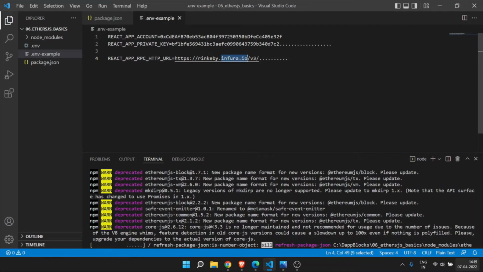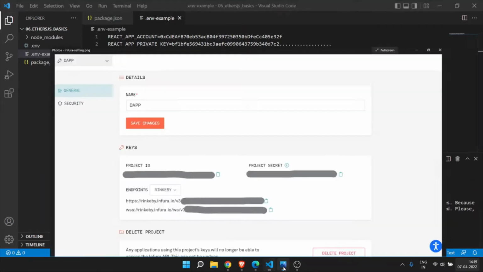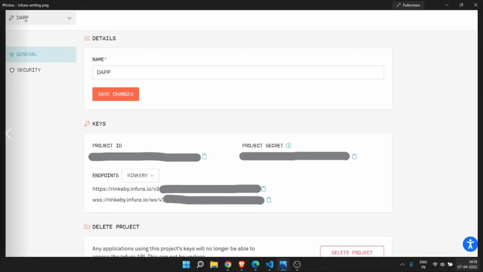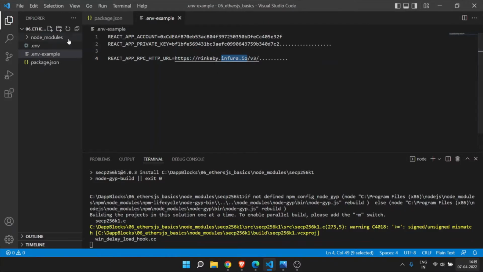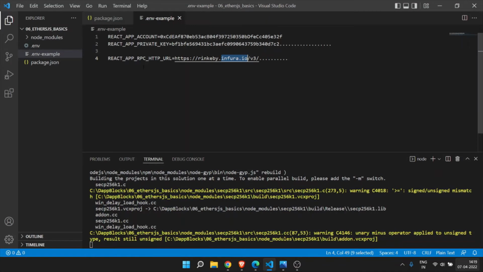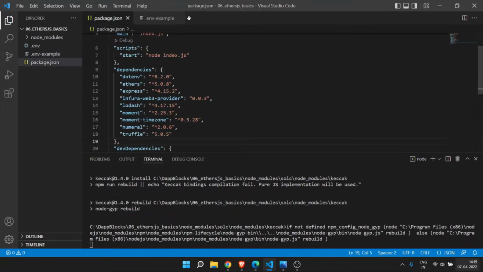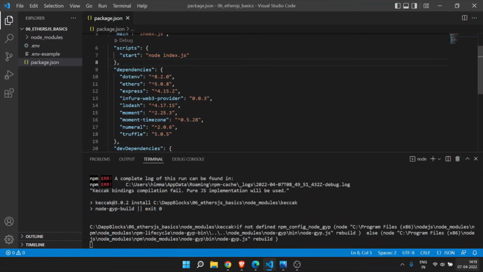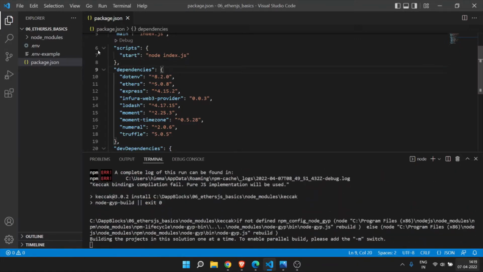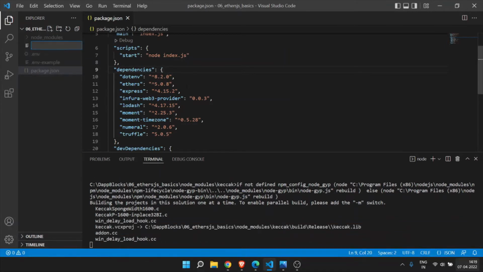And then the RPC HTTP URL. As I mentioned, you need to go to infura.io, and once you create the project and go to the settings, you will find this endpoint. Just select the network, mainnet or the testnet, and from here you can copy the HTTP URL. So this is the .env example. Similarly, I have created the .env with the actual values. So let's create one file,